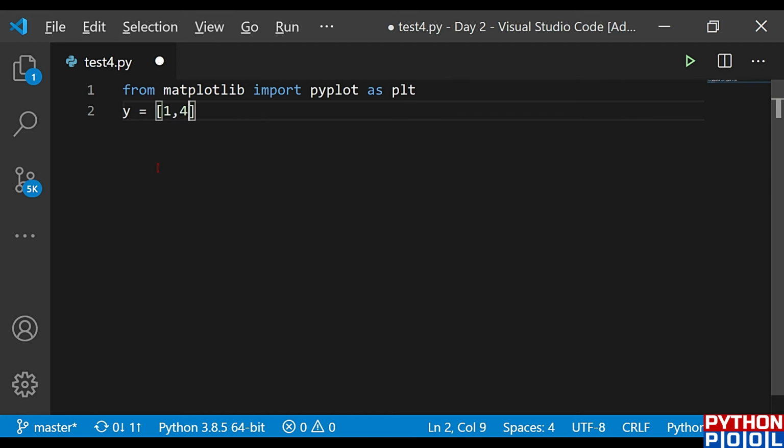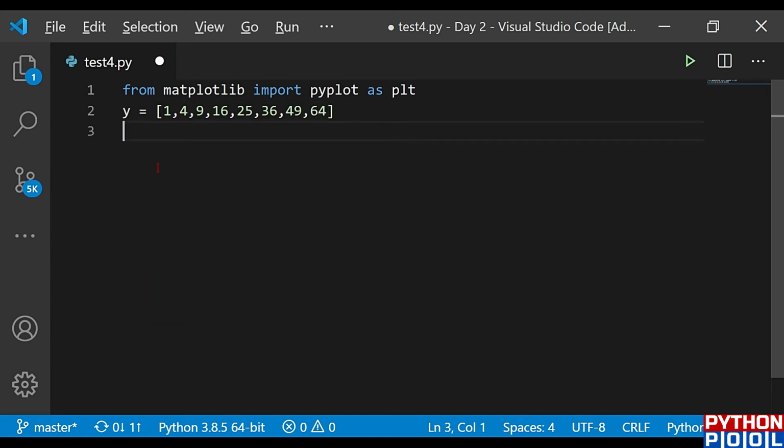Since I'm going to keep my y-axis constant, but my x-axis for the different graphs to be different. So there will be 2 different graphs which should have the 2 different x-axis but the same y-axis. That's how we plot multiple graphs in the same canvas. So my y-axis is 1, 4, 9, 16, 25, 36, 49 and 64.